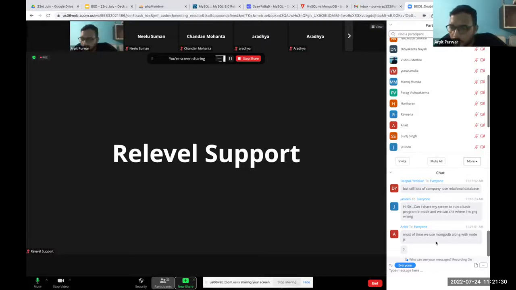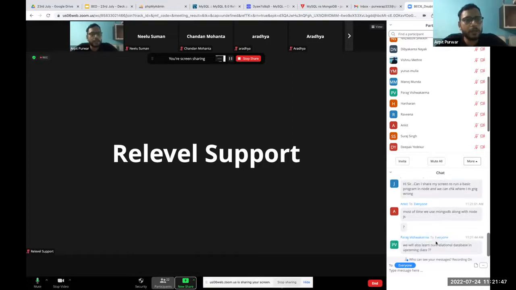Okay. Ankit is saying most of the time we use MongoDB along with Node.js. It's not like that. MongoDB internally uses JS compilers only. You store data in MongoDB in the format of objects, and in JavaScript also we work mostly with objects. So when people are showcasing their skills in Node.js with databases, they simply go with MongoDB. That's the only reason. But it's not the case that in real projects we are going to use MongoDB all the time. It always depends on the use cases.